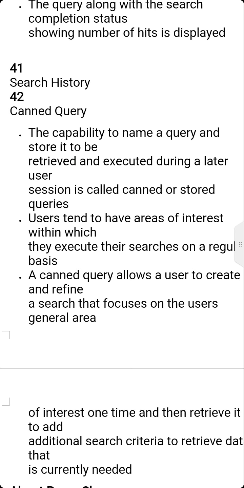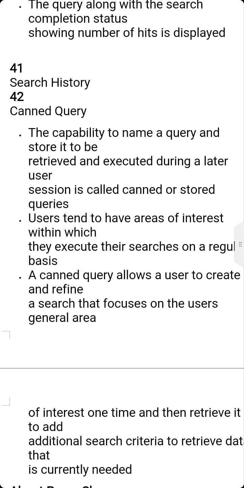That is, the geographic terms will already be stored. Why? Because you have searched the terms before, so it is easy to retrieve again and again. That is the process of these canned queries. The query is created one time and used many times.